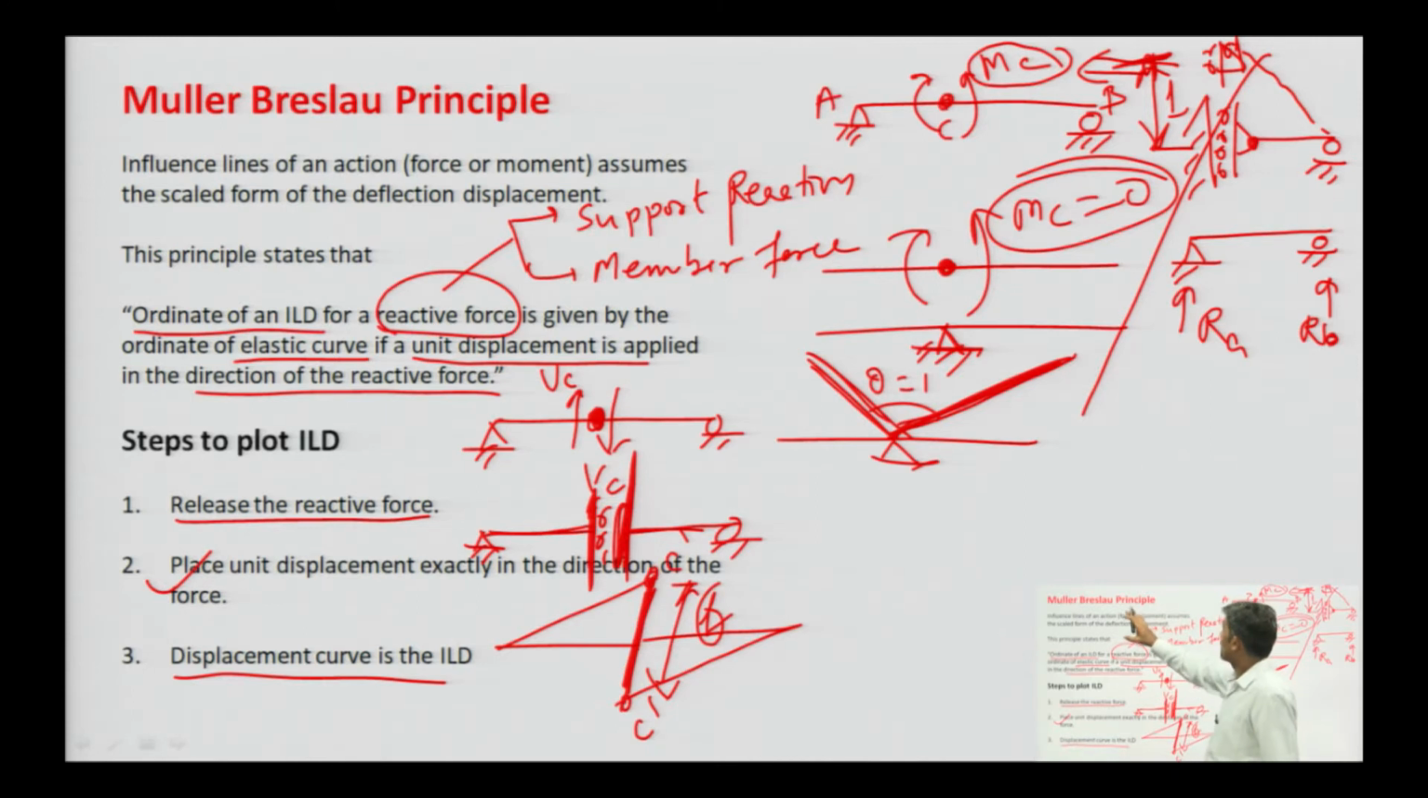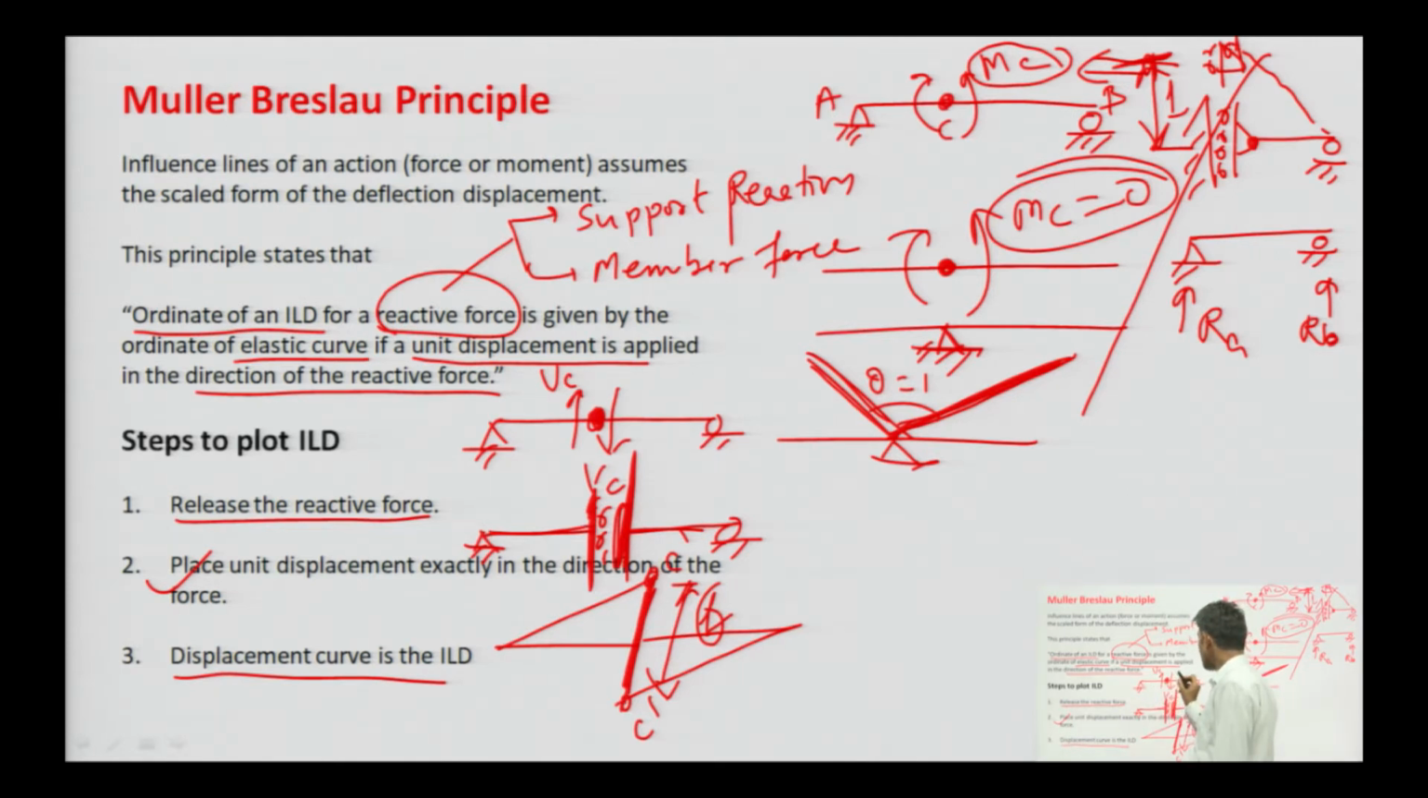So, this is the Mueller-Breslau principle to plot the IL. And one more thing, IL for determinate types of structures, either beam or truss whatsoever, the shape of the IL is always linear. Why linear? Because